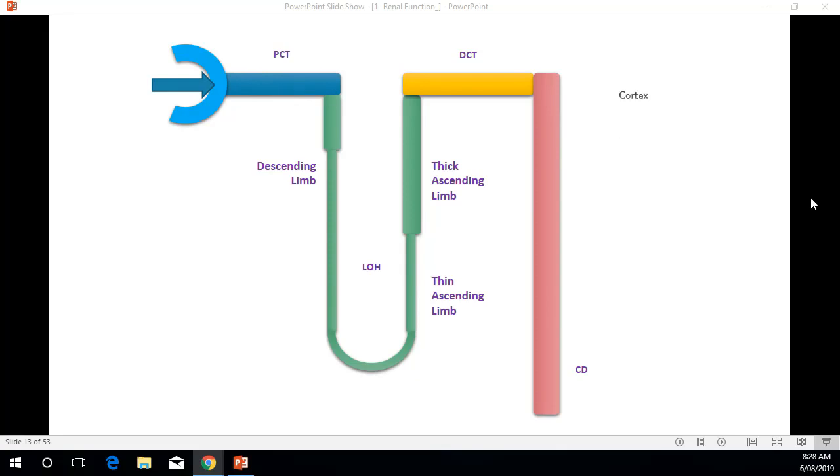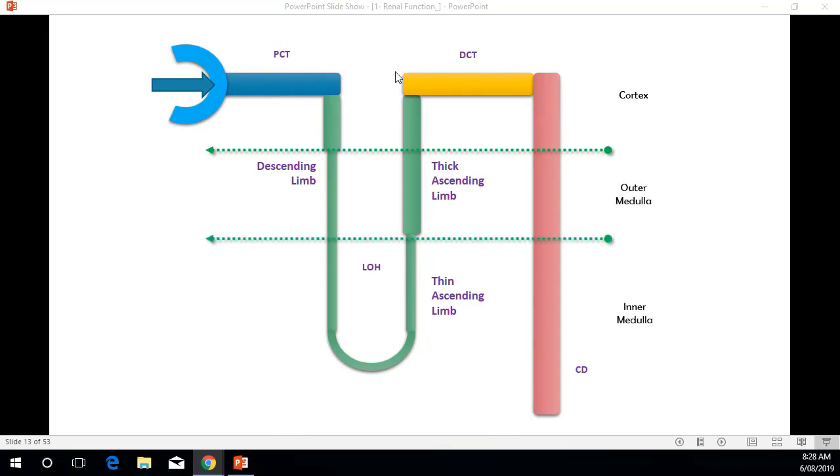And if you look at the anatomical location of the nephron, this part is generally on the outer side, so it's in the cortex of the kidney. And this part is in the medulla, inner medulla. Depending upon whether you're talking about cortical nephrons or juxtamedullary nephrons, it will be slightly different. But as a rule of thumb, the filtration occurs in the cortex. The loop of Henle goes down into the medulla, then comes back, distal tubule, and then collecting duct.